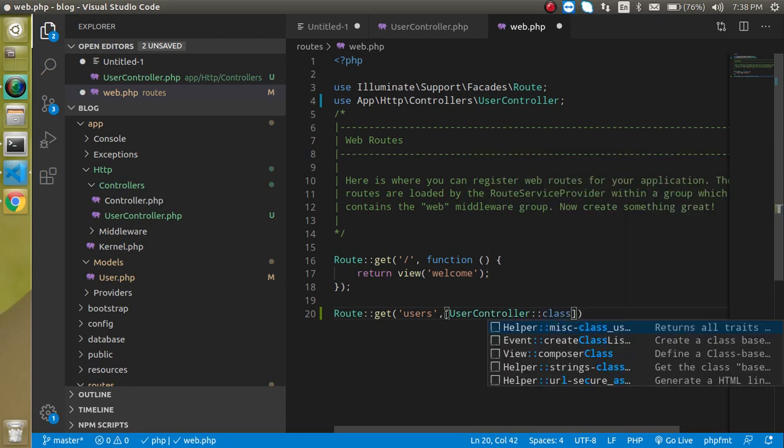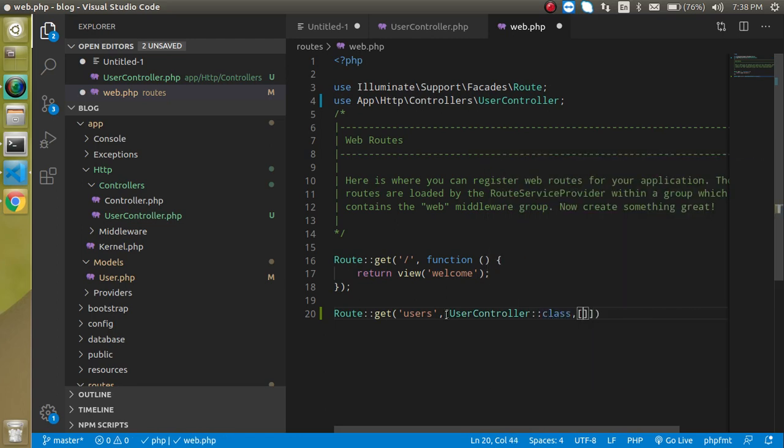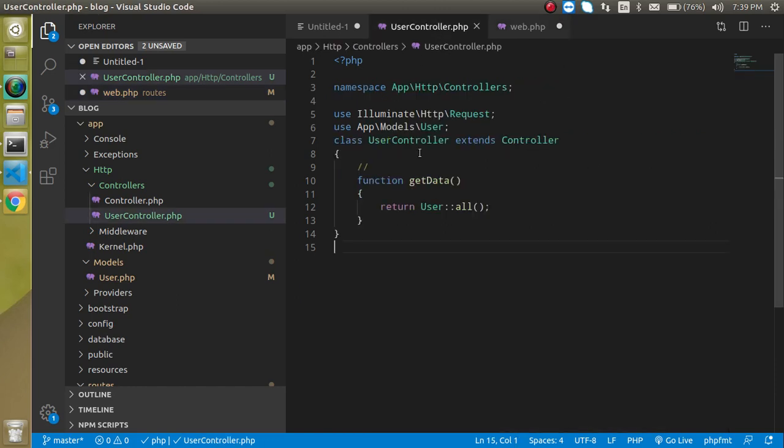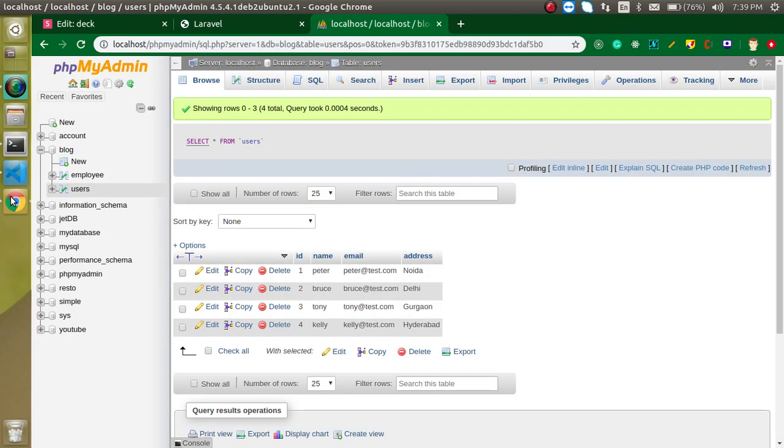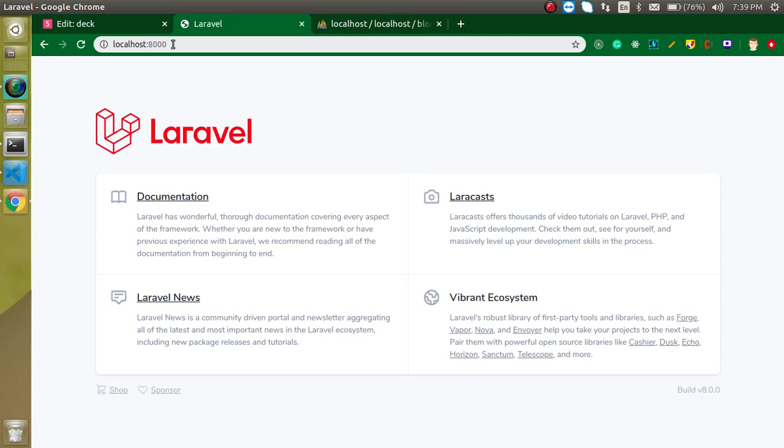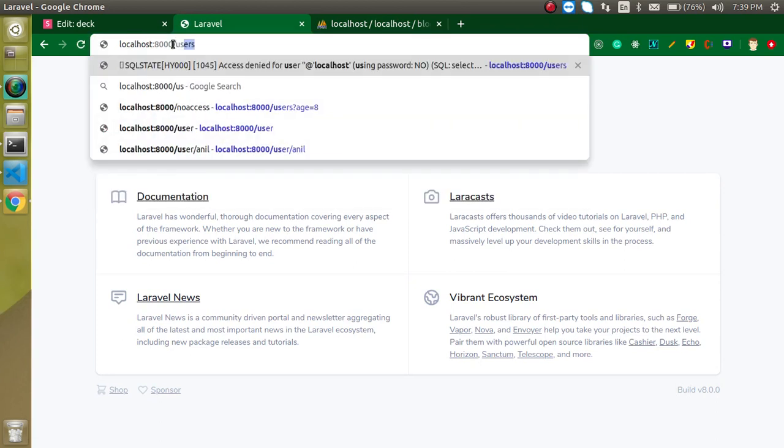It will just tell that this is a class, and in the second parameter let's put the function name which we defined in the user file, as a string, right? So just write here getData. Everything is fine. Now we have done all things. First we did the model, then we created the controller, and at last we created the route also. So now let's try to access it and see what we get. First of all, let's check there is no error on that page, and now let's go to our route which is users and hit that.